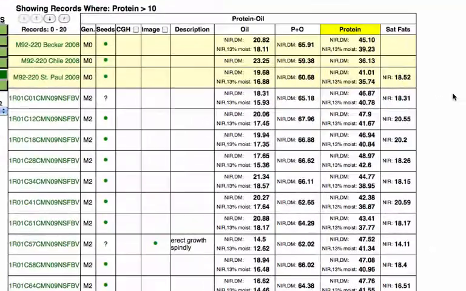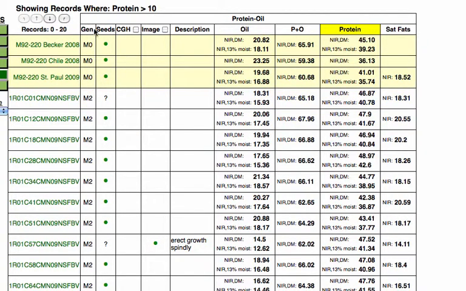So what does the report look like when we search for mutants? In this case, this is the report that you get back if you search the Fast Neutron Mutants for a trait value of protein and a value greater than 10. There are a number of columns, first of which is the mutant name column, then the generation, these are M0s, these